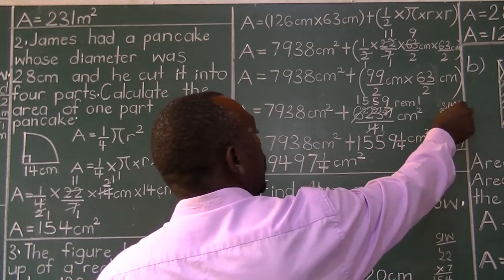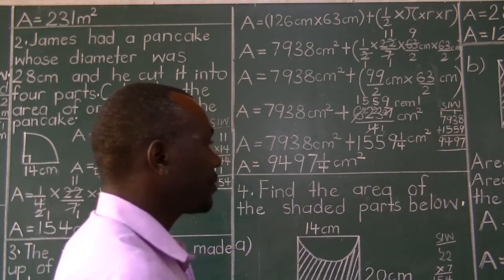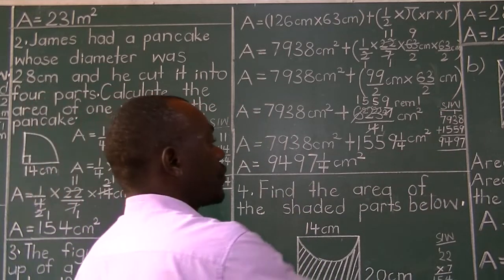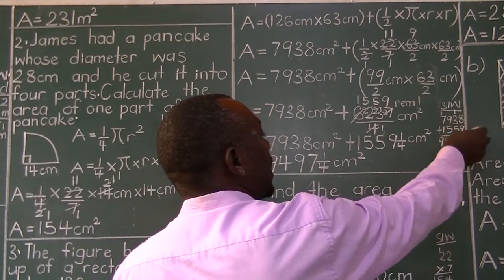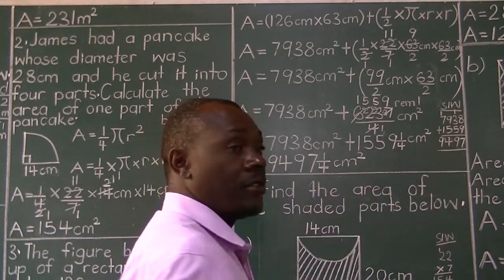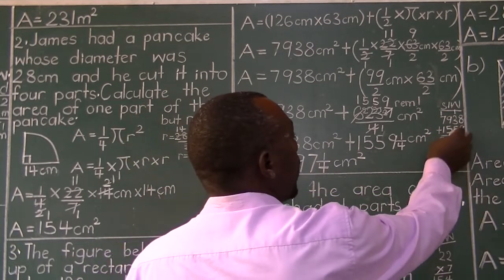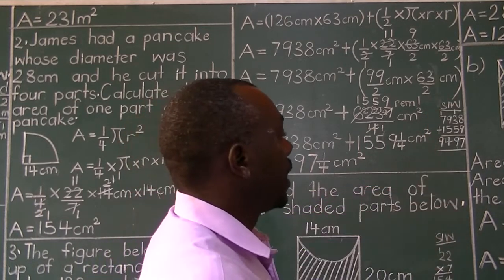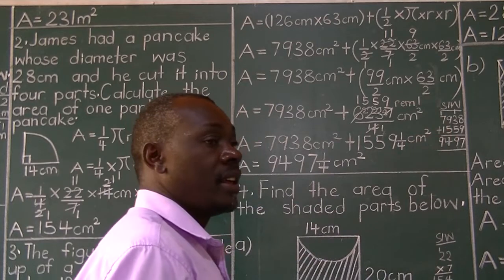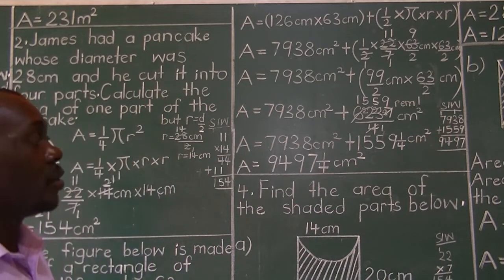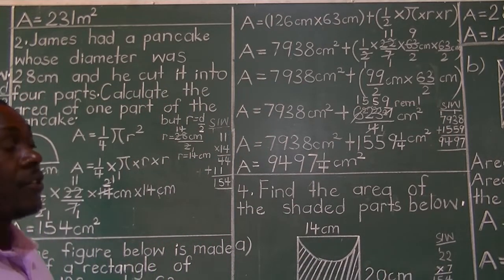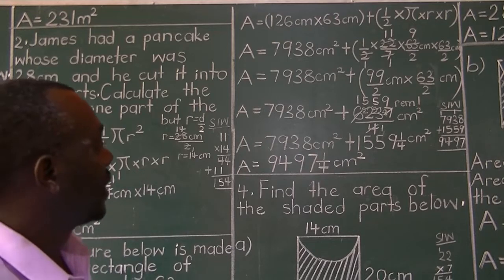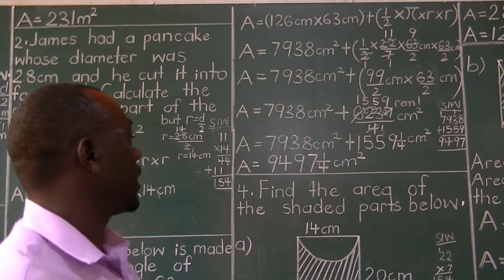So that is what we have here, where we add 8 and 9 to get 17, write 7, group 1. 1 plus 3 is a 4. 4 plus 5 is a 9. Then write a 9 properly. 9 plus 4 you get 14. Write 4 and group 1. 1 plus 7 you get 8 plus 1 you get 9. So you get the whole numbers added and got 9,497. Then add a quarter, so that's the answer.